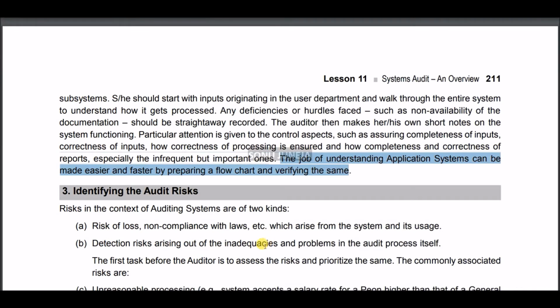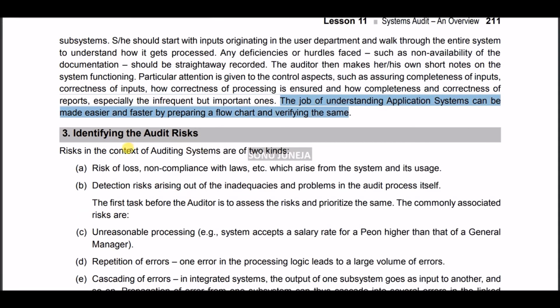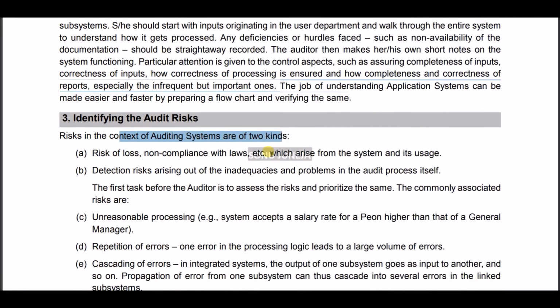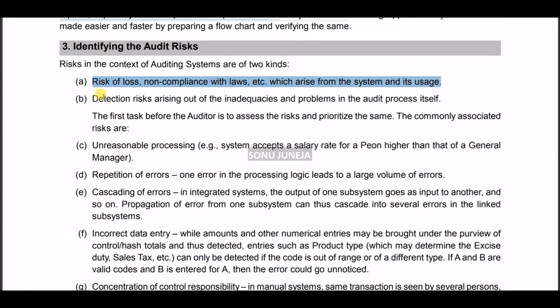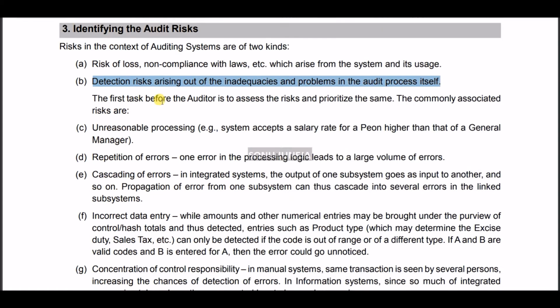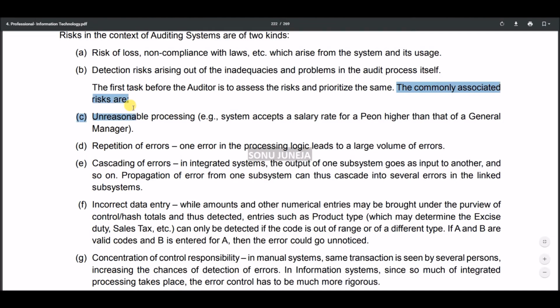Now, identifying the audit risk. What all risks do you have to go through? The context of audit risk is of two kinds. Risk of loss and non-compliance with law, which arise from the system and its usage. Detection risk, arising out of inadequacies and problems in the audit process itself. The first task before the auditor is to assess the risk and prioritize it. The commonly associated risks are